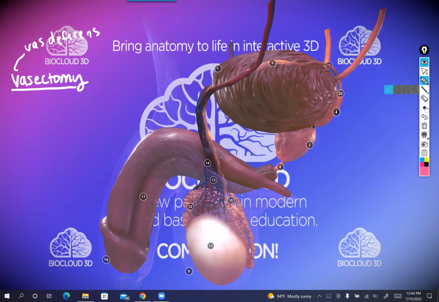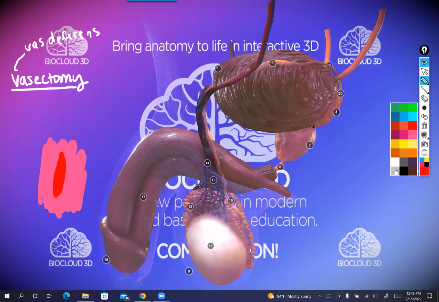So if you were to look at this procedure, if this is the skin at the top of the scrotum, and this is a very small incision, and this is a surgical probe, the vas deferens is over the probe. So basically they just hook the vas deferens up through the hole,